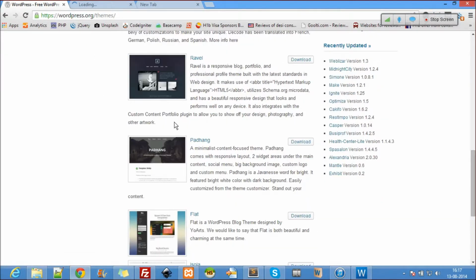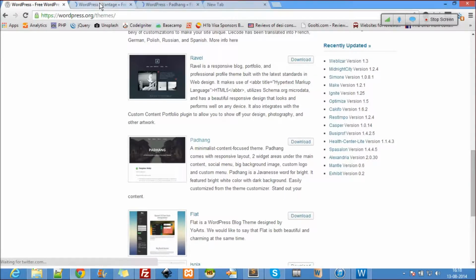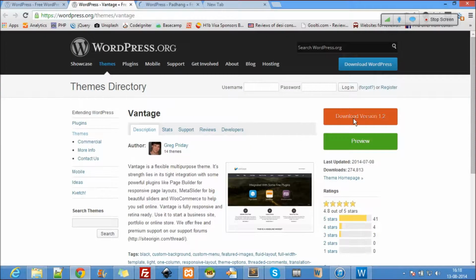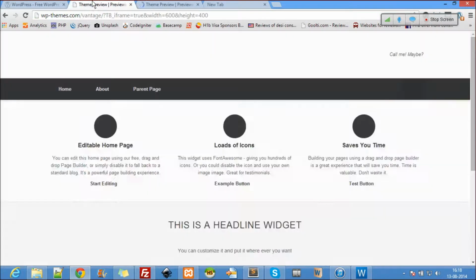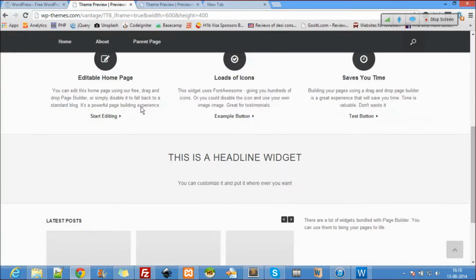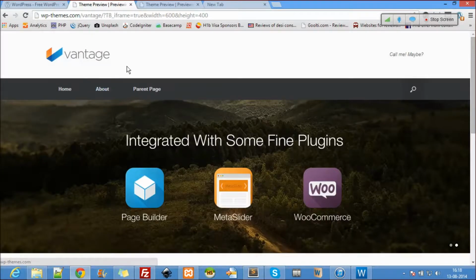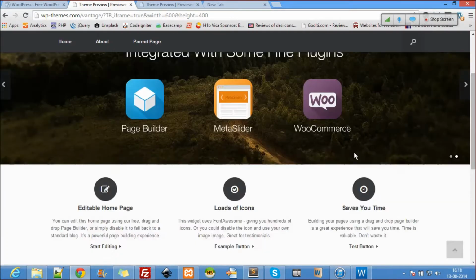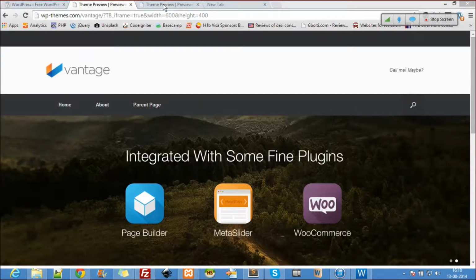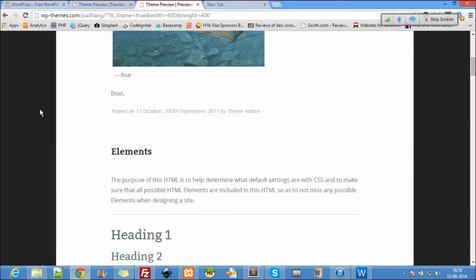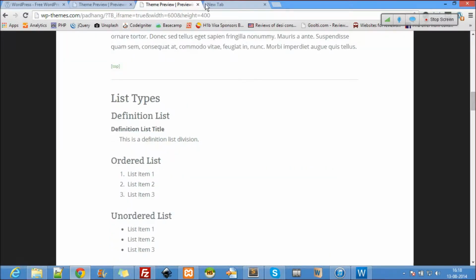This is good. This looks good. It has a slider here, a menu bar, a logo, and the name. Call Me Maybe, or something on these lines. Okay, or let's see this also. This is again the same kind. So yeah, let's go with Vantage.